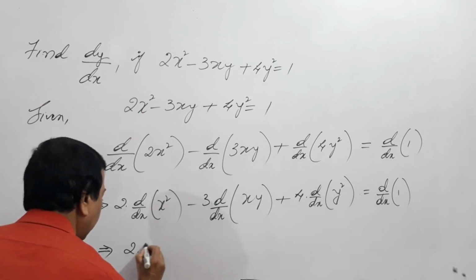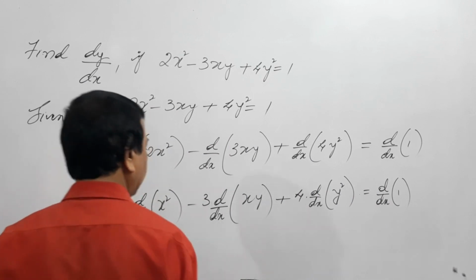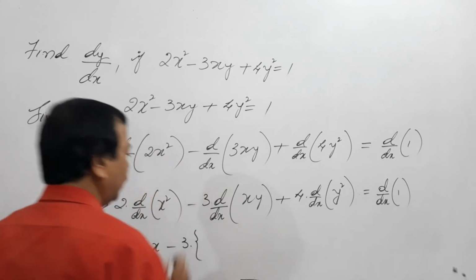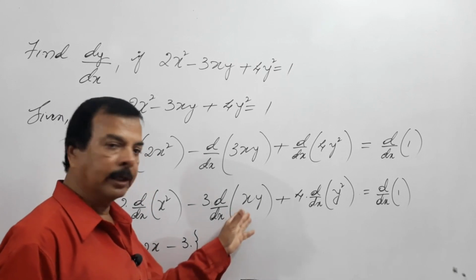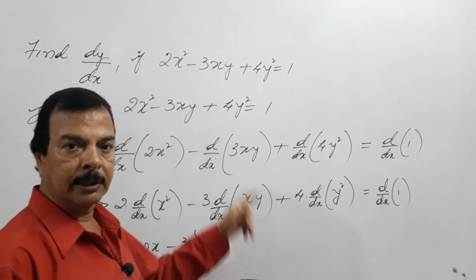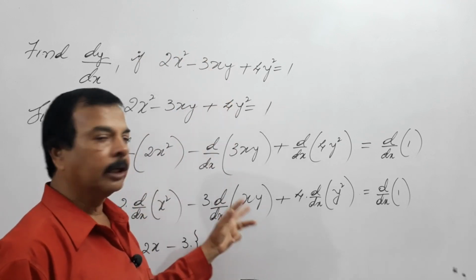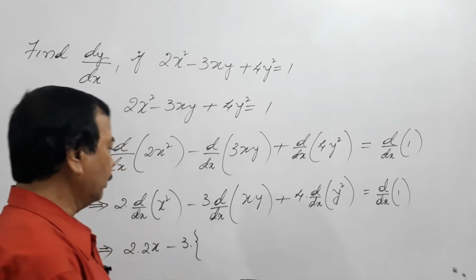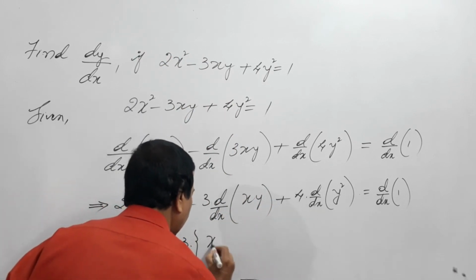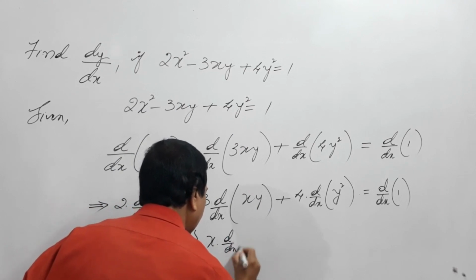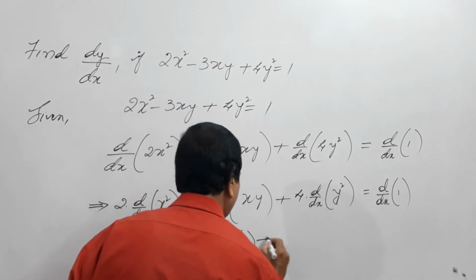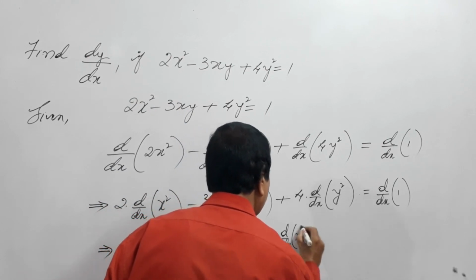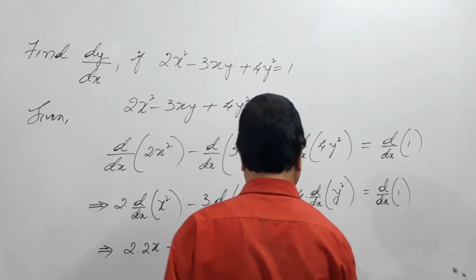This is 2 into 2x minus, use the product rule here. This will be 3 into, here you have to differentiate both x and y with respect to x. Remember, this is not like previous problems. So in implicit functions you have to differentiate both x as well as y. I'll show you. Use this. So this will be x into d by dx of y plus y into d by dx of x, close the bracket,